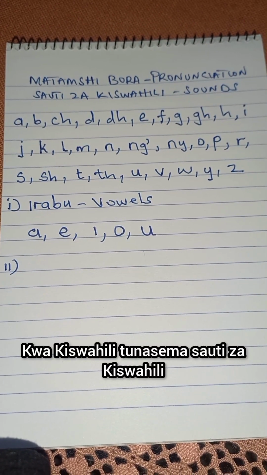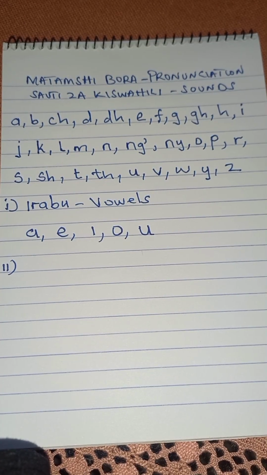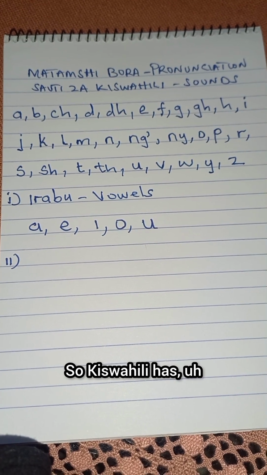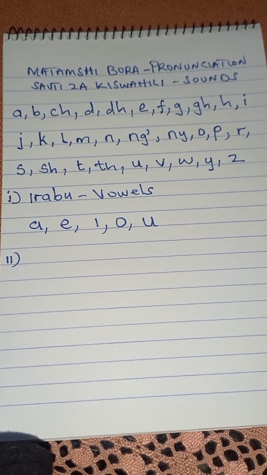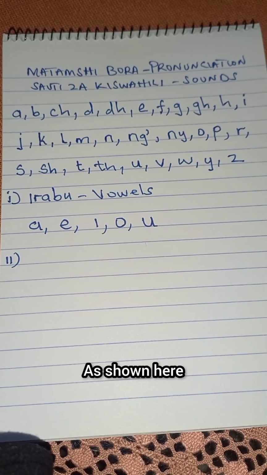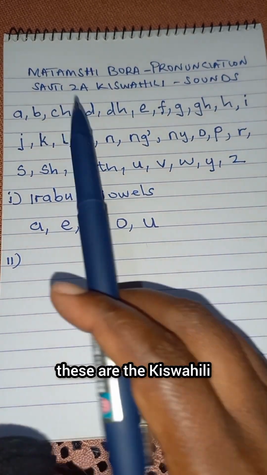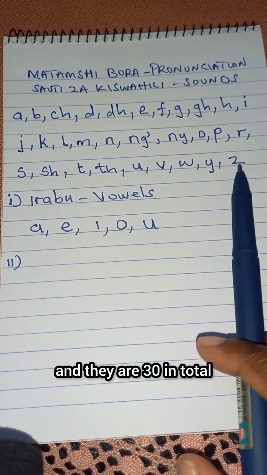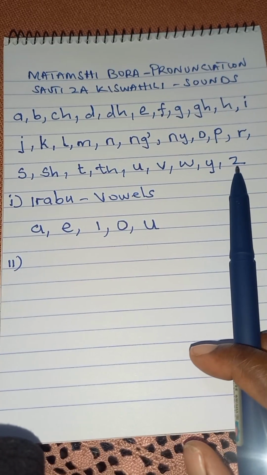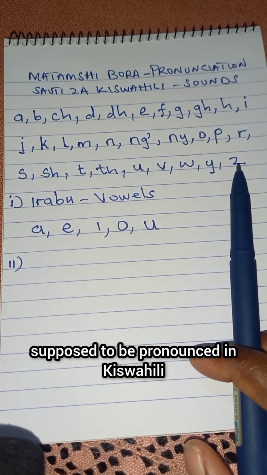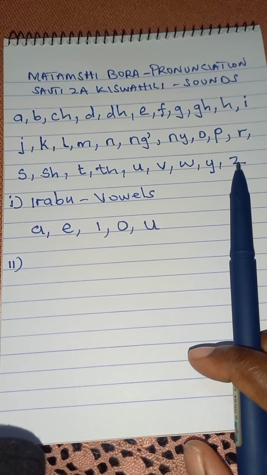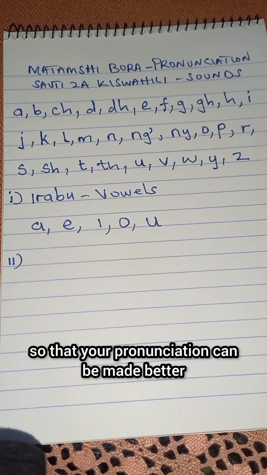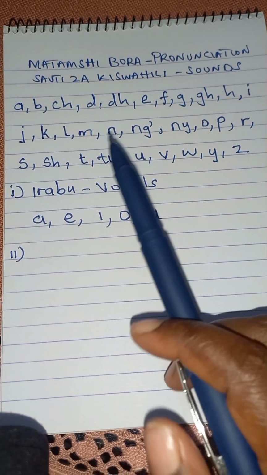Kwa Kiswahili tunasema sauti za Kiswahili. So pronunciation begins with sounds. So Kiswahili has 30 sounds in total, as shown here. These are the Kiswahili sounds, and they are 30 in total. So I'm going to pronounce them the way they're supposed to be pronounced in Kiswahili, so that your pronunciation can be made better if you are a beginner in Kiswahili. So here